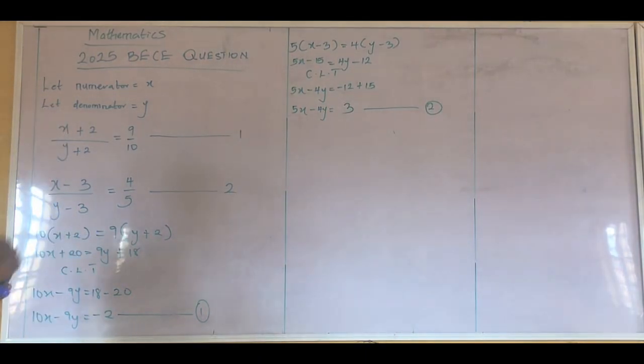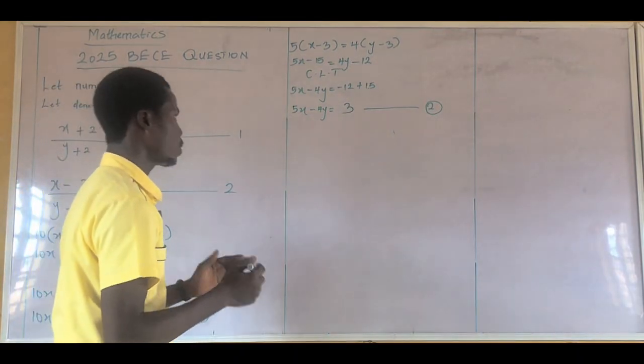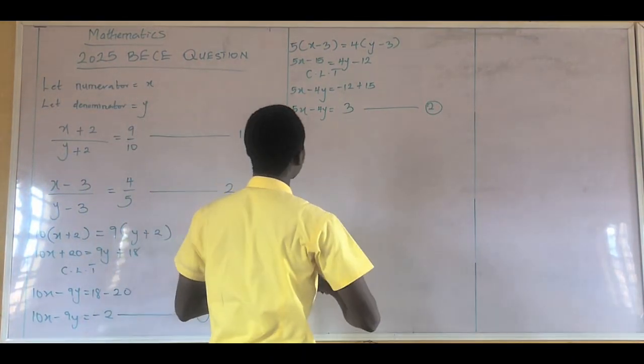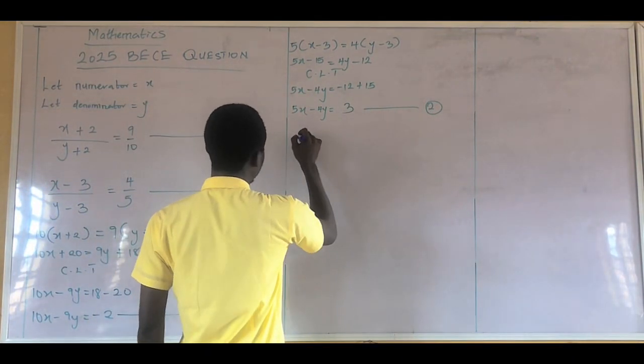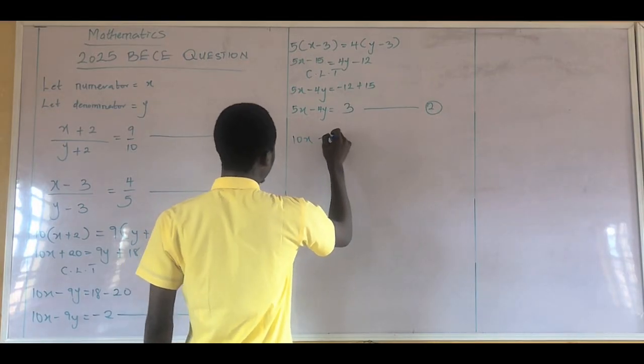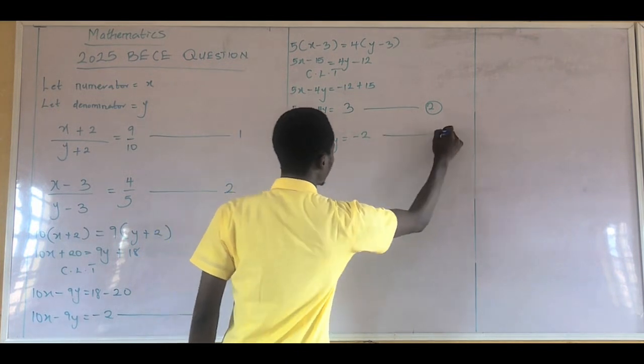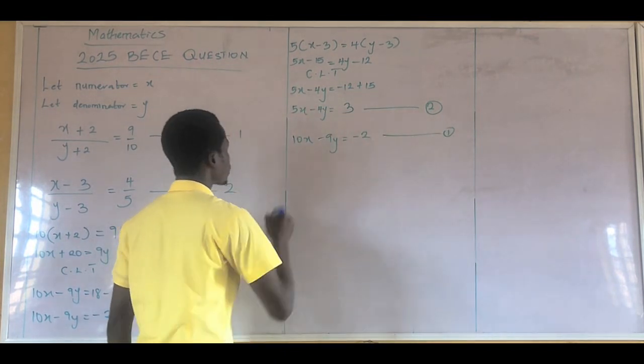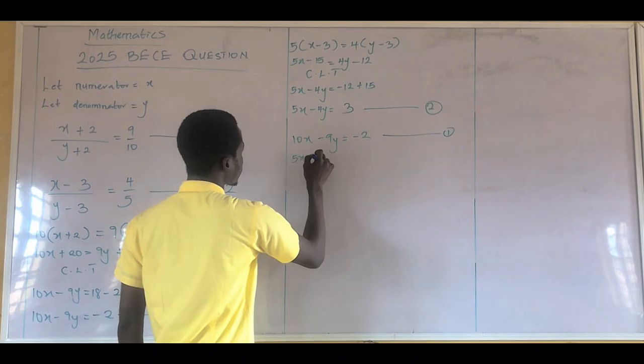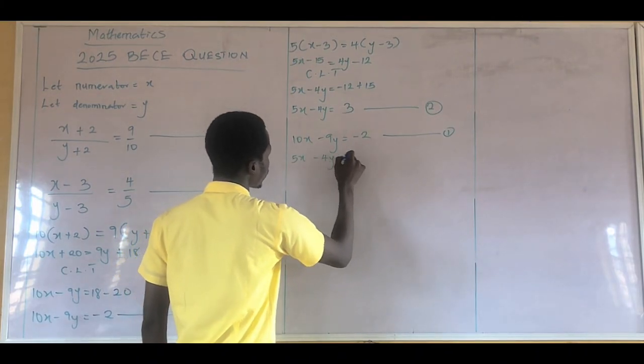Having gotten equation 1 and our equation 2, we know that this is a simultaneous equation. Let's bring them together, then we'll solve them simultaneously, okay? So, write out equation 1 first. 10x minus 9y equals minus 2. Equation 1. Then the second equation, 5x minus 4y equals